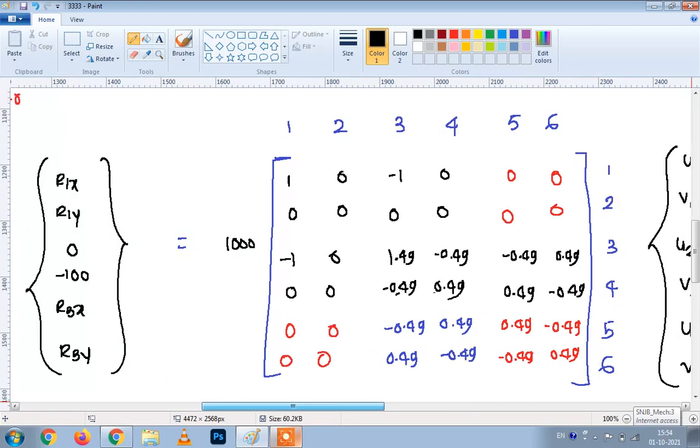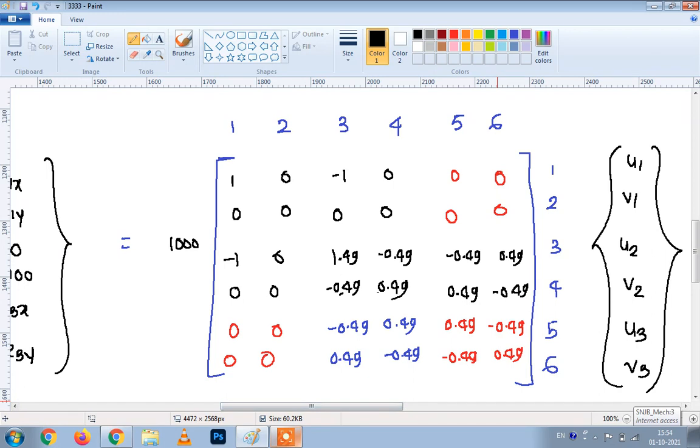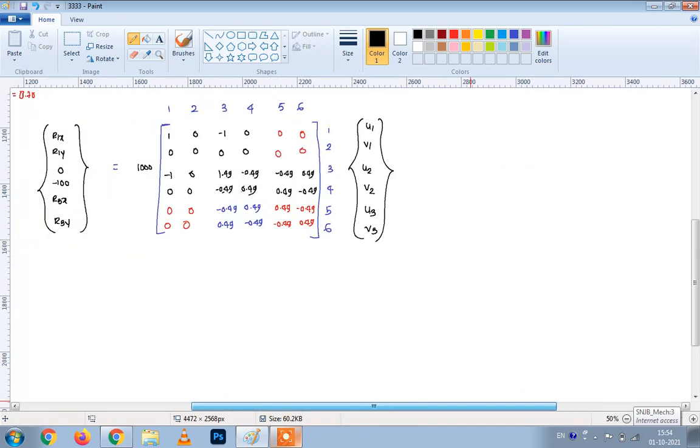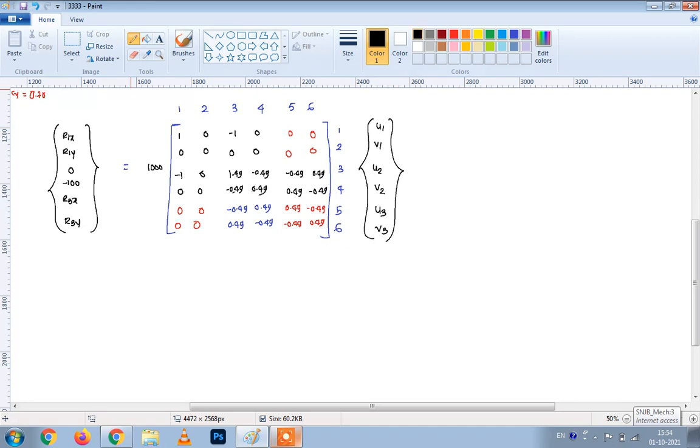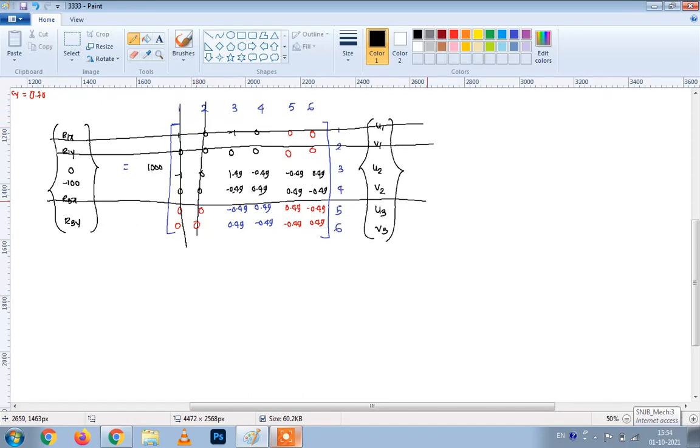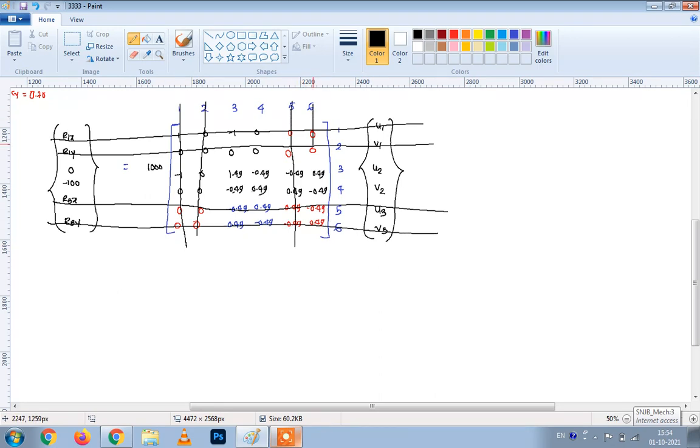So using the elimination approach, as I already explained to you, we have to cancel here row number 1. So 1, 2. So row number 1 will get cancelled. Row number 2 will get cancelled. Similarly, first row, first column, second column, as well as fifth row. So here fifth row, as well as sixth row, fifth column and sixth column are cancelled, and this is using the elimination approach.